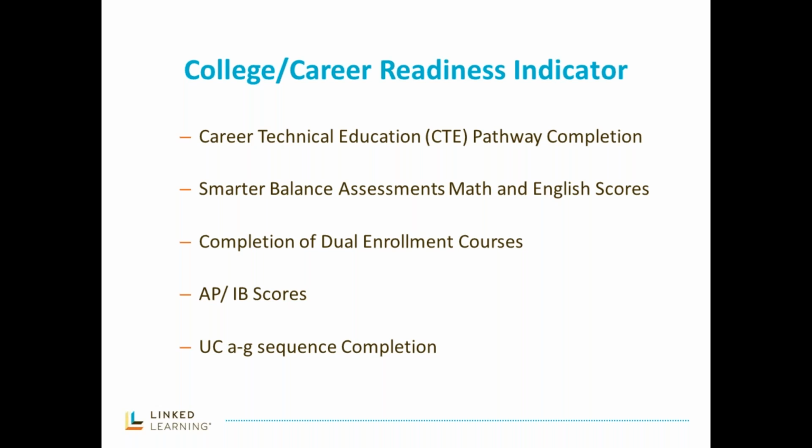For linked learning, one of the most important indicators has been the college career indicator. Fundamentally, linked learning is about preparing students to be ready for college and career at the time they graduate. And on this slide, you'll see some of the metrics being used to classify students as prepared, approaching prepared, or not prepared. Those are the only 3 tiers being used in the indicator at this time, although a 4th indicator, well prepared, is anticipated to be used in the future. Conversations about more career readiness elements are in progress at the state board and within the California Department of Education.